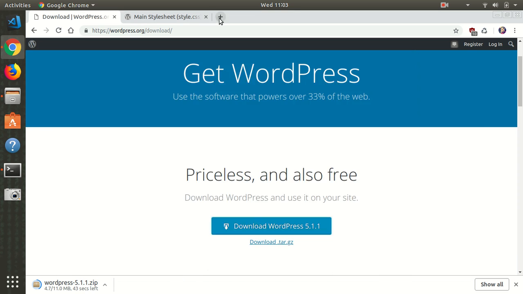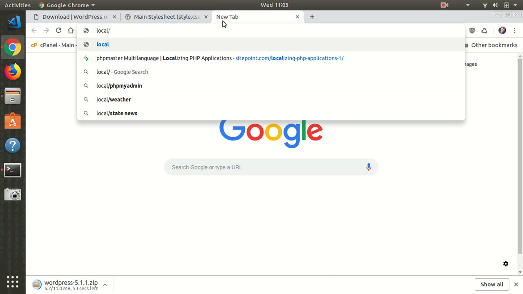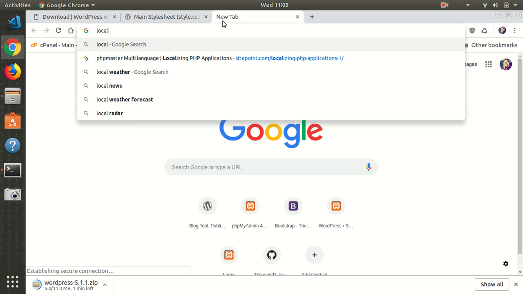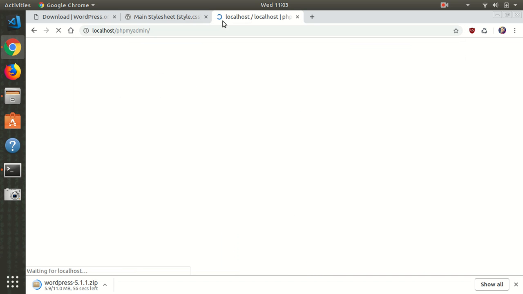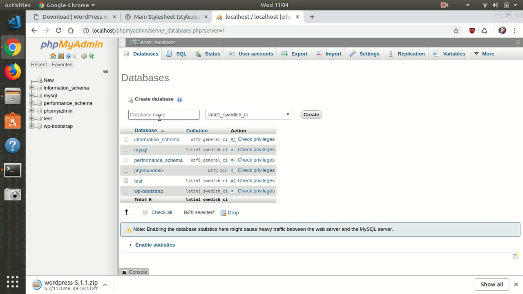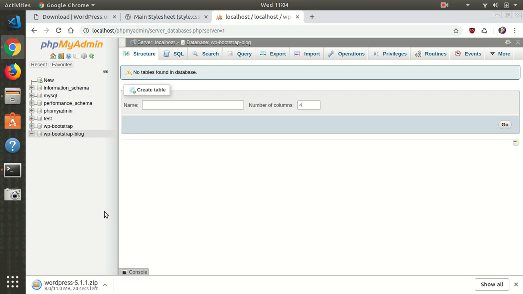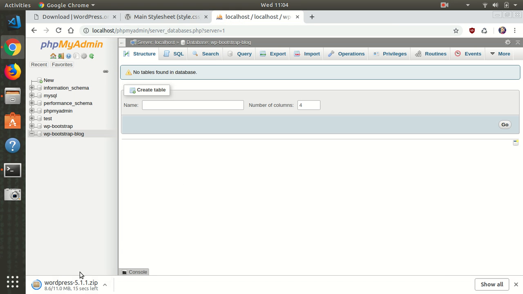And let's also create a new database, localhost phpMyAdmin. Okay, let's click New, and I would call it WP Bootstrap blog. Okay, we'll leave it for now, and then we need to